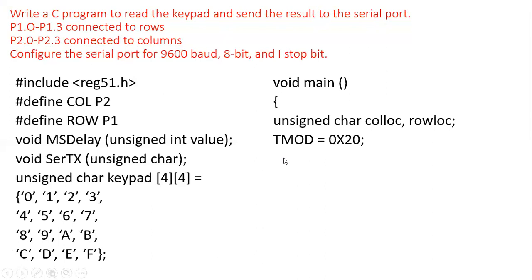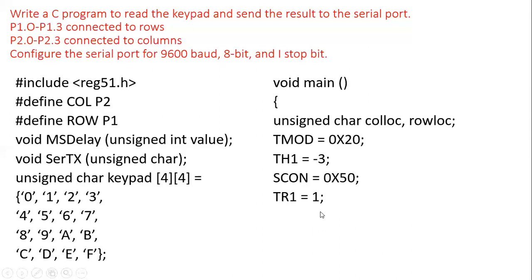So we use the TMOD register with timer 1 in mode 2 operation. Then we assign TH1 with the value -3 in order to generate a baud rate. Then serial communication in mode 1, and to enable the serial communication we use the value 50. For this, you can refer to your previous serial communication details. And then we start the timer, isn't it? And once the timer is started, the baud rate is getting generated here.